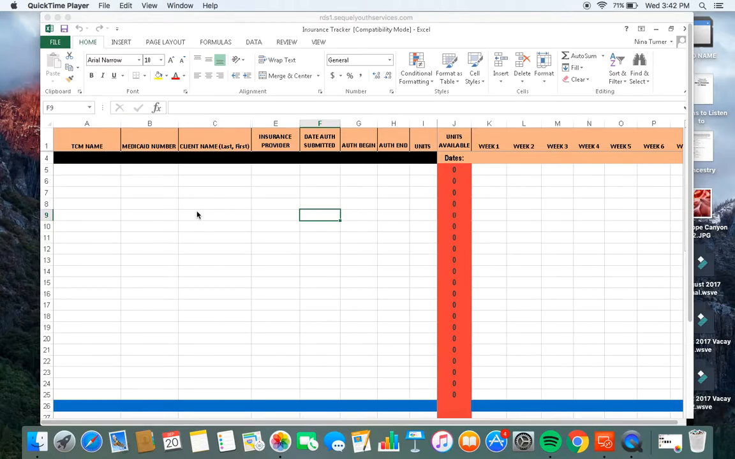All right, everyone, so I wanted to show you how to utilize the insurance tracker, which is an Excel document that you can use to track your client's insurance on a weekly basis to know how many units you have remaining for that client, and also keep track of what insurance providers they have and when those authorization periods are. So I'm just going to go through some examples of how you might use this tracker and problem solve some